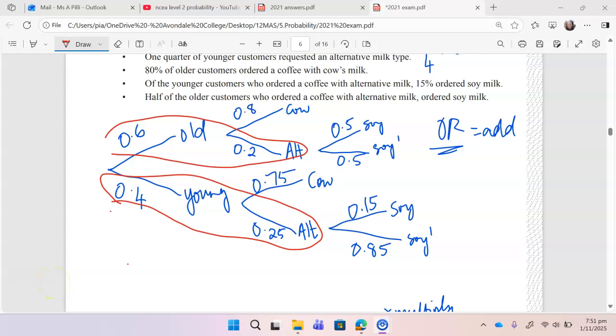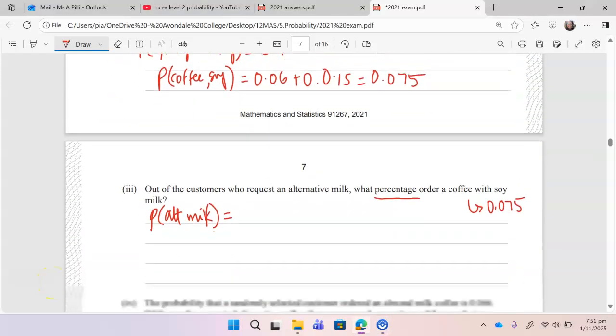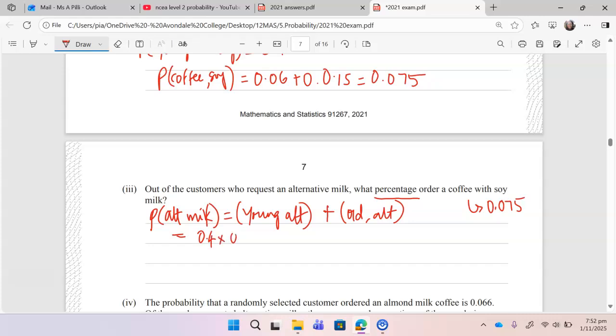Okay, so that is going to be, I tell my students, if you're going to calculate it all in one go, then make sure you have brackets around it, just because it's a bit messy. So in this case, it could be young and alternate milk, or old and alternate milk. So young and alternate would be 0.4 times 0.25,